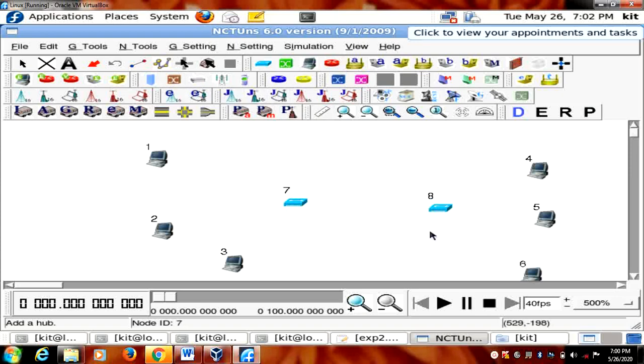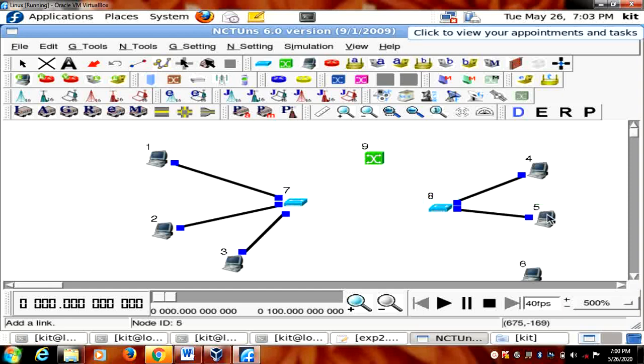So this hub and this hub I want to connect, means I require a switch. I will take a switch and connect to the switch. Understanding this? Okay, take the connector. Connect from 1 to 7, 2 to 7, 3 to 7 and 4 to 8, 5 to 8 and 6 to 8.